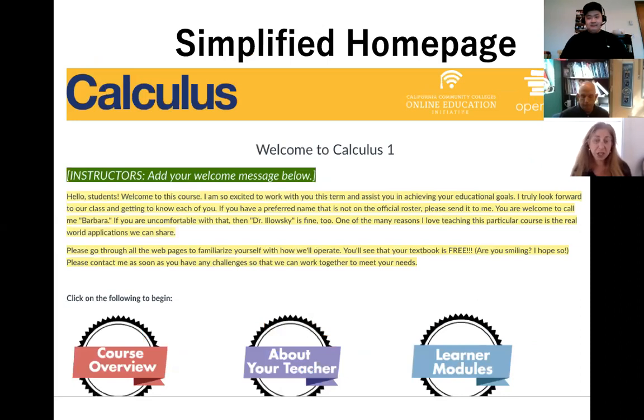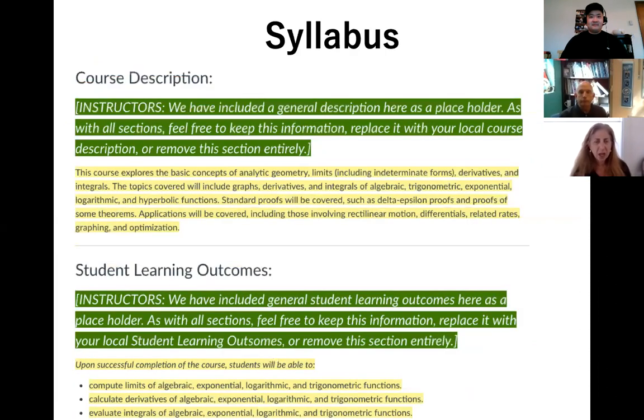If you don't want to change anything and you like your students calling you Barbara or Dr. Olowski, you can leave that too, but you might want to change it. The course overview, the about your teacher, and the learning modules are actually active links where you go to those three things. For the course descriptors, what we did was California has something called CID, Course ID,